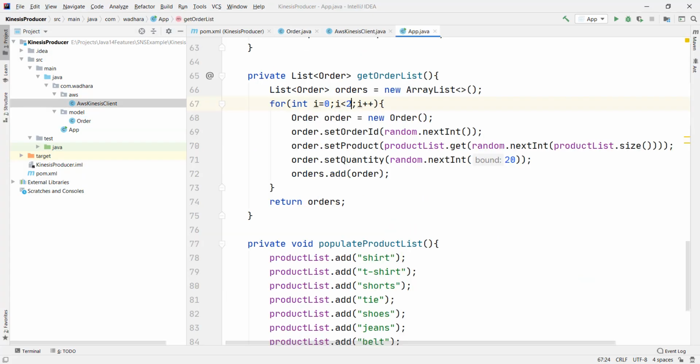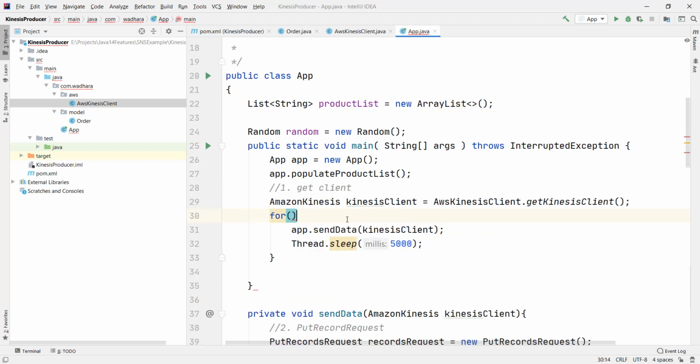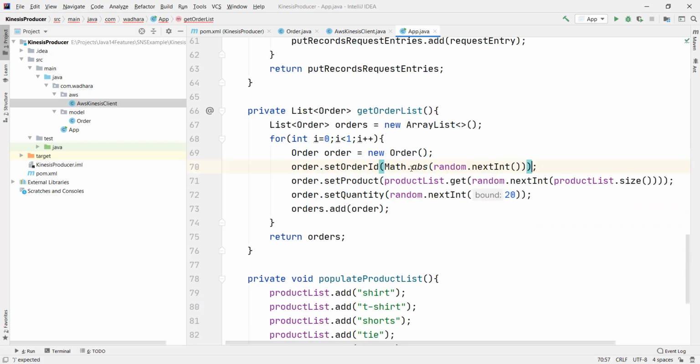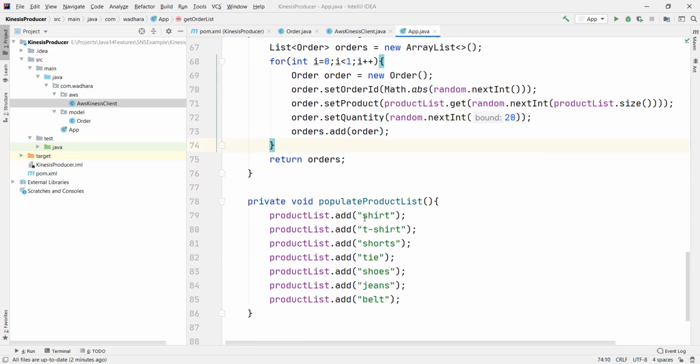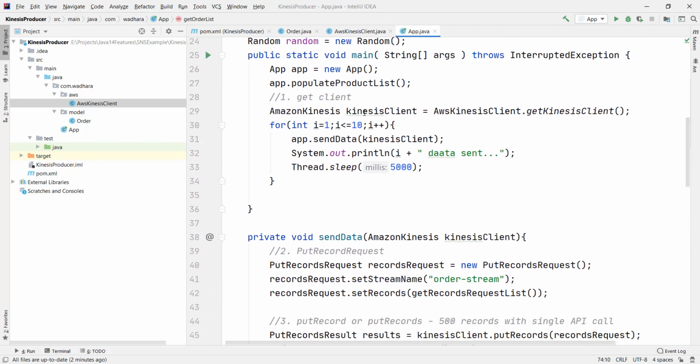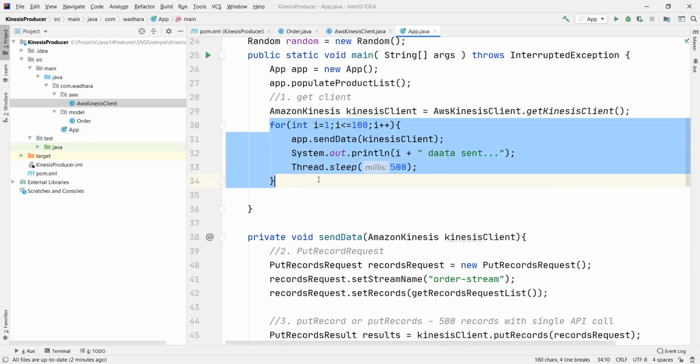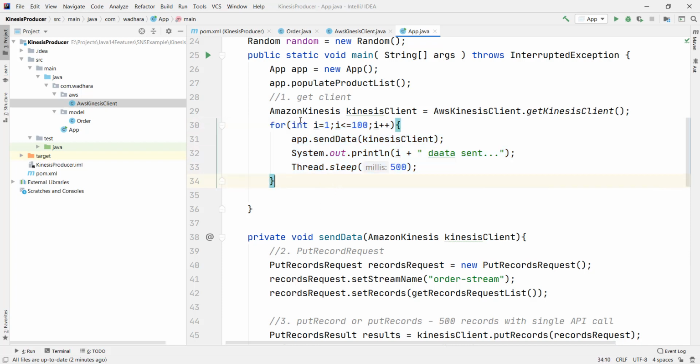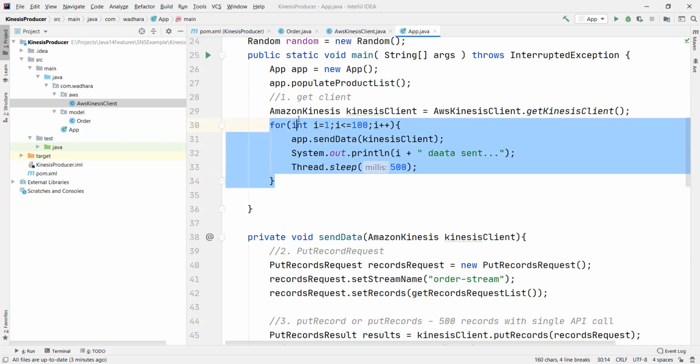For now, I'll be sending one order. So let's call this 100 times, and the time should be 500 milliseconds. We are sending 100 orders from our Kinesis producer, so we should receive 100 items in our DynamoDB table.